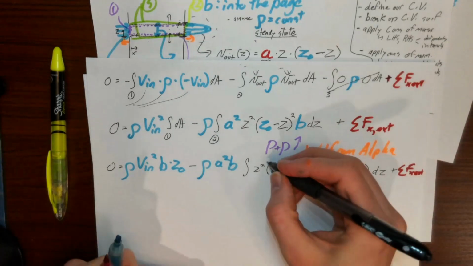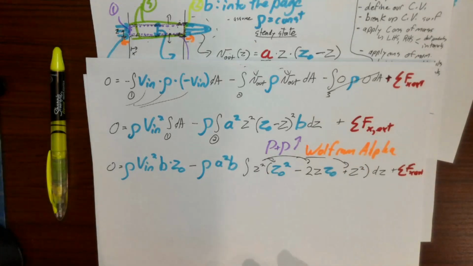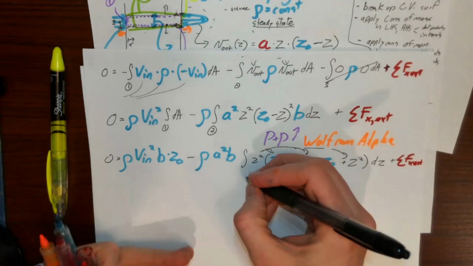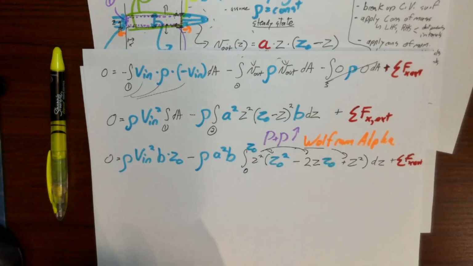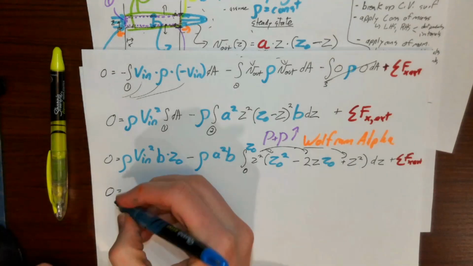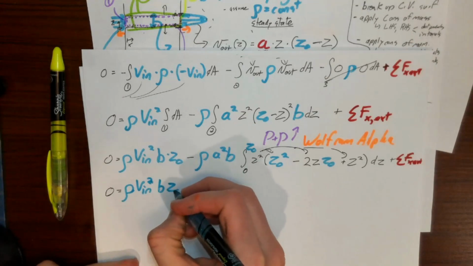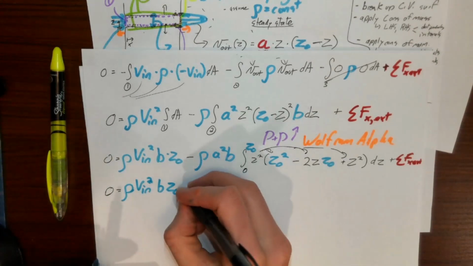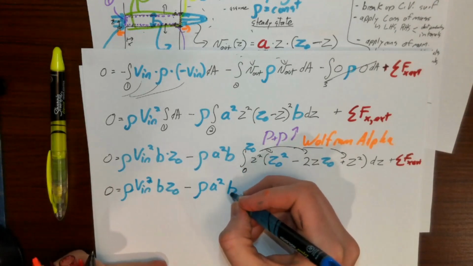We can, of course, take this z squared and distribute it over all the terms here, and our limits of integration should be from 0 to z naught in the same, because we're integrating over essentially the same surface that we did when we did conservation of mass. So we now have 0 equals rho vn squared b z naught minus rho a squared b,